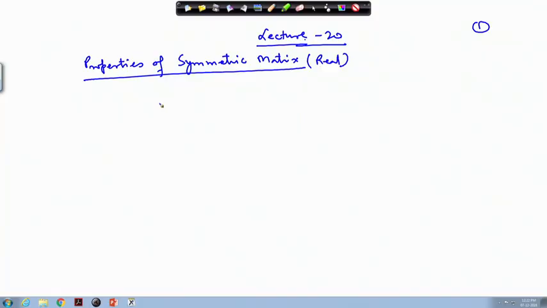Welcome to lecture number 20. We have been discussing rigid body dynamics, so we will continue with that. In due course of our analysis we saw that the inertia matrix emerged, and we need to know some of the properties of the inertia matrix, because that will be helpful in discussing various problems. So, let us look into the inertia matrix.